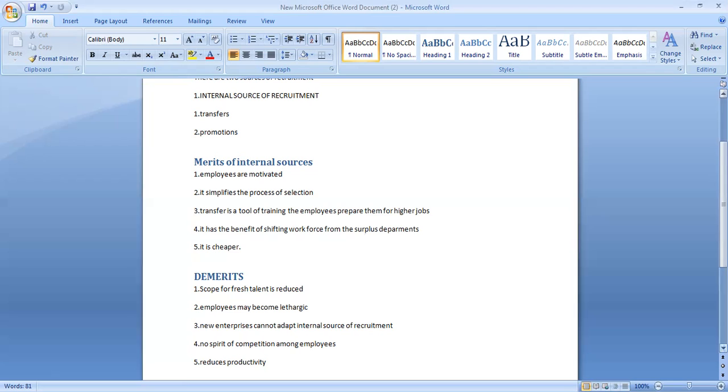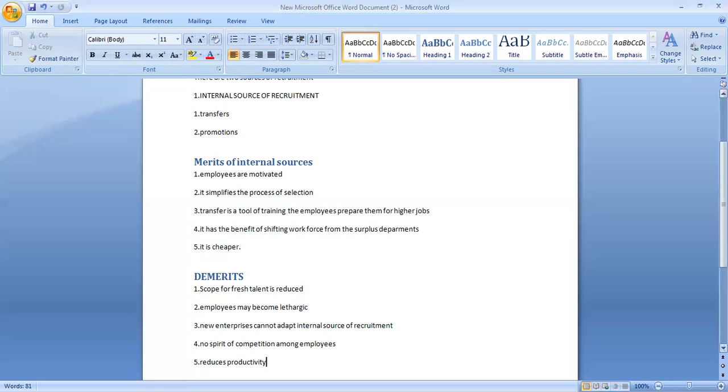So when you start giving chances to your own employees within the organization, they really benefit from it. It's a good motivation that the management gives to the employees, and it makes them learn many new things. As they are transferred from one department or job division to another, they get a chance to learn new concepts, and they always remain loyal and committed to the work environment. So that is one of the merits.